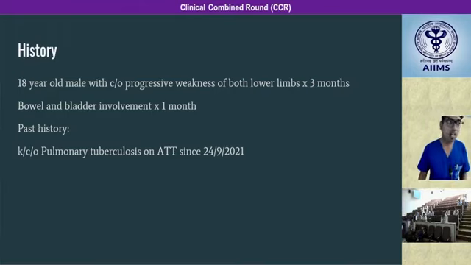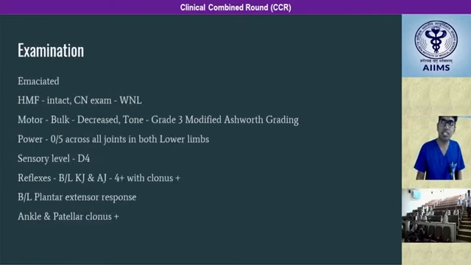Good evening, everyone. This 18-year-old male presented with progressive weakness of bilateral lower limbs since 3 months and bowel and bladder involvement since 1 month. On past history, the patient is a known case of pulmonary tuberculosis, for which he was on anti-tubercular therapy since September 2021. On general physical examination, the patient was emaciated, and higher mental function and cranial nerves were within normal